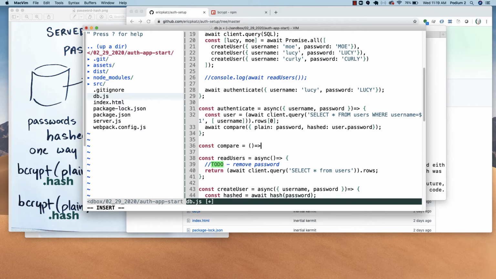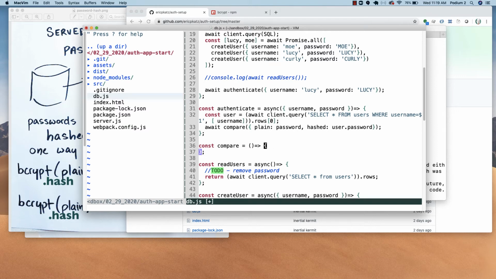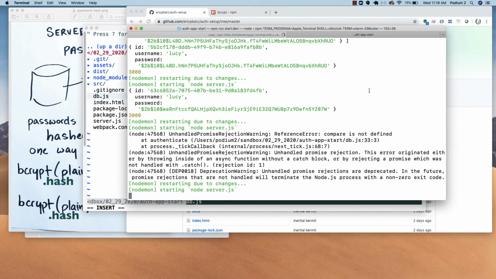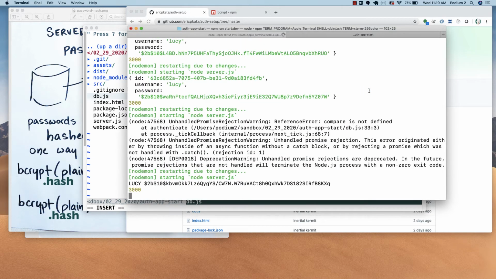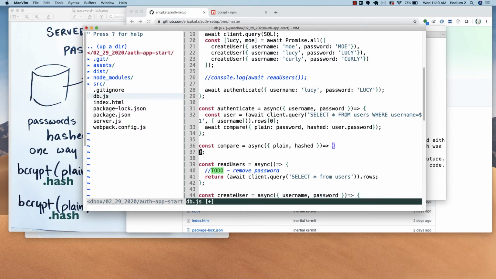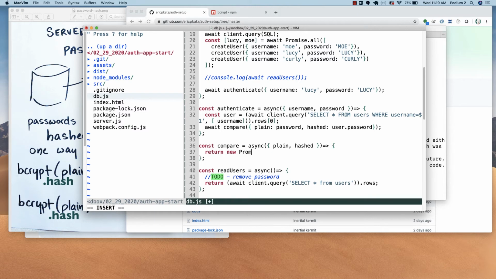This compare method is going to end up getting this object, and we could destructure it. So we've got something that's plain, and we've got something that's hashed. We could just log these out just so we could see them. So we've got the plain value and we've got the hash value. So what we're going to do here is we're going to do a comparison. I'm going to make this asynchronous. And what I'll end up doing here is I'm going to return, again, another new promise,